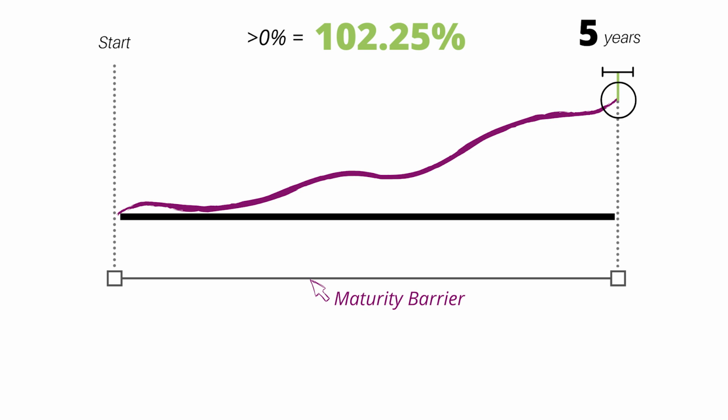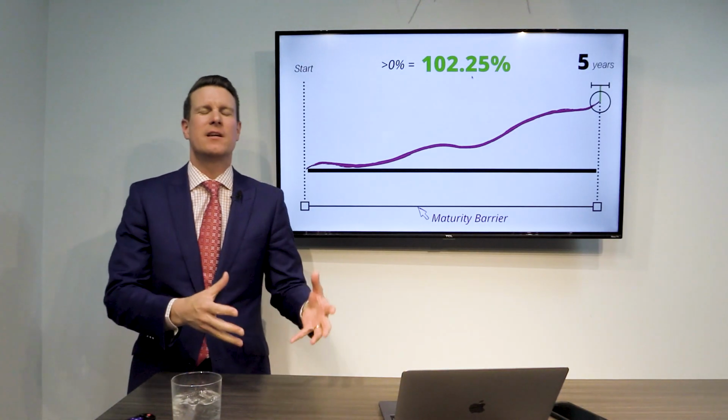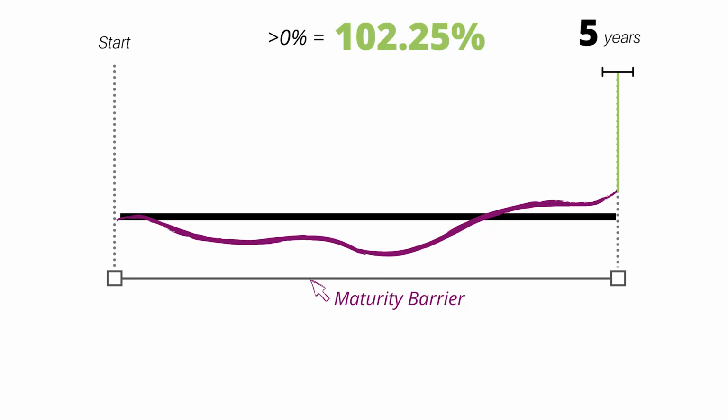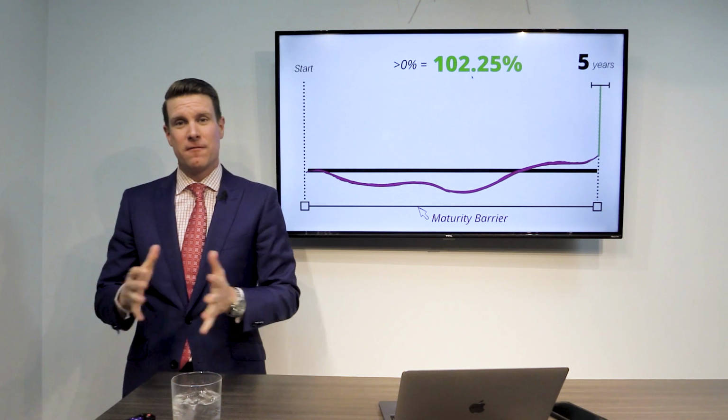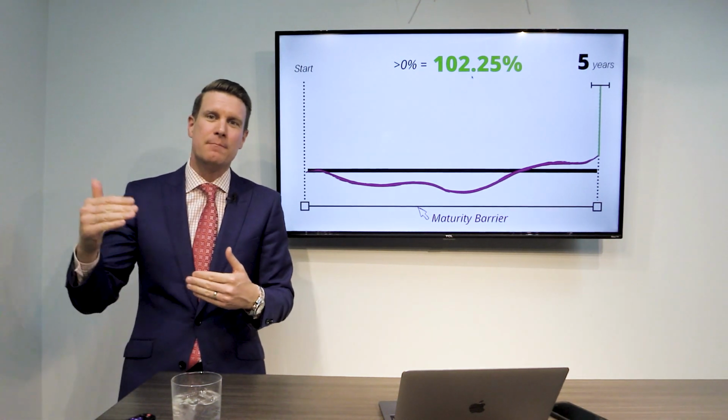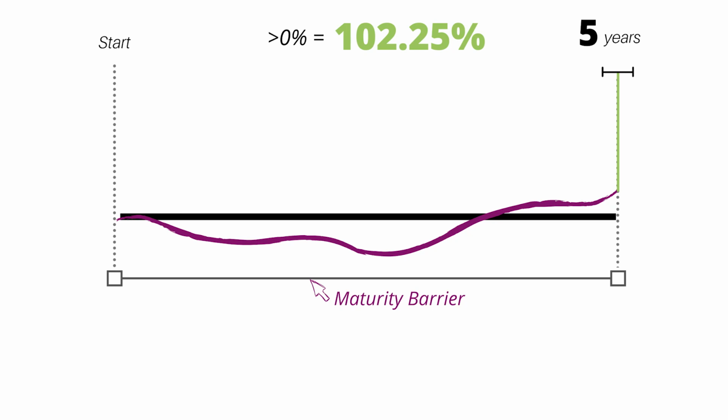Let's say that the Canadian banks provide a 70% return from this value. It would be boosted up to 102.25%. And that can go all the way down to, like we said, the first dollar of positive return. So if in 5 years it matures with just a 1% return, it will be boosted up to the 102.25%